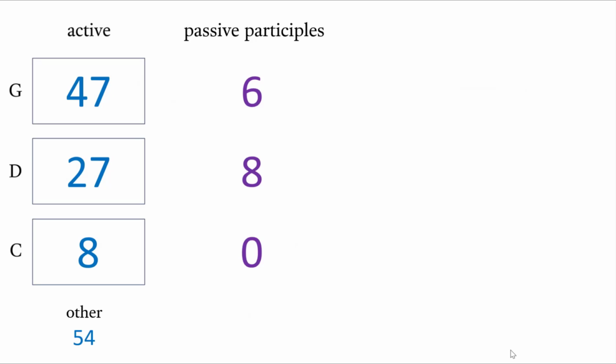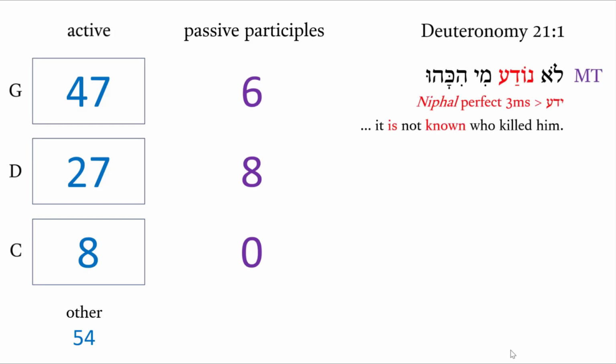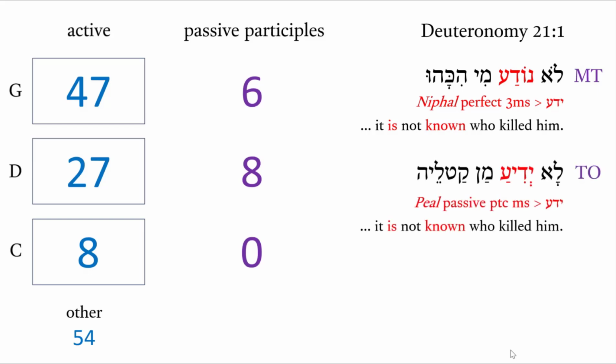And then we remind ourselves, oh wait, in Aramaic the G, D, and C stems have passive participles, kind of like in Hebrew, the kal active and the kal passive participle. Yes. Okay, so this makes sense of occasions when Onkelos would draw upon this system of the alleged active voice to translate a passive idea. So in Deuteronomy 21:1, it is not known who killed him, with the nafal perfect. And here we have the pa'al passive participle, it is not known who killed him.